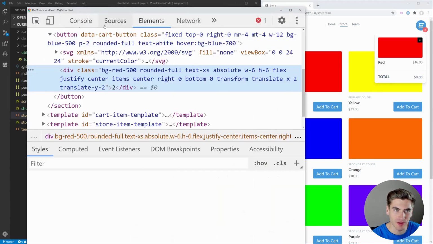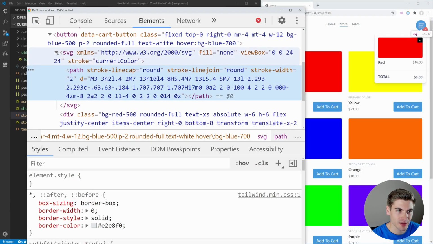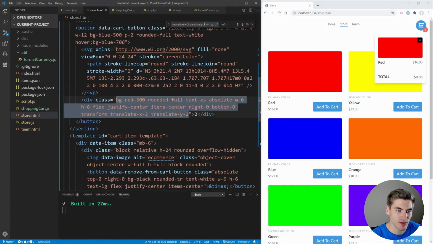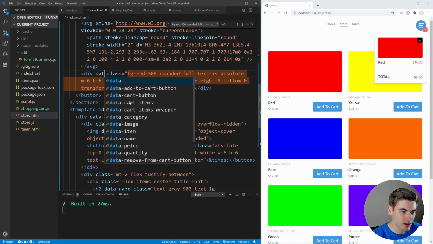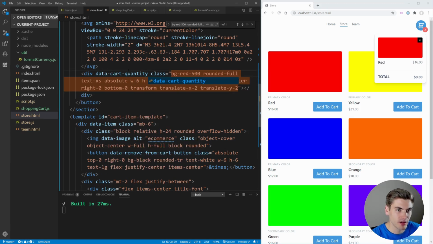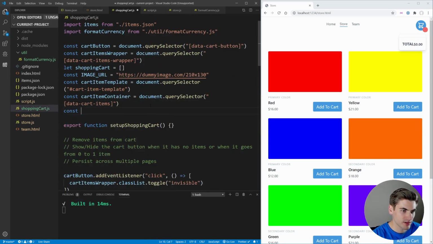If I just do a simple inspect, select it like this, you can see it has this massive class. So let's just select this class by copying, doing a search, and boom, here we go. We have our item 2 here. This should just be blank for now because we're going to populate this in JavaScript, and we'll say data cart quantity. And if we just get rid of this search here, copy this, put it in our shopping cart.js, const cart quantity is going to be equal to